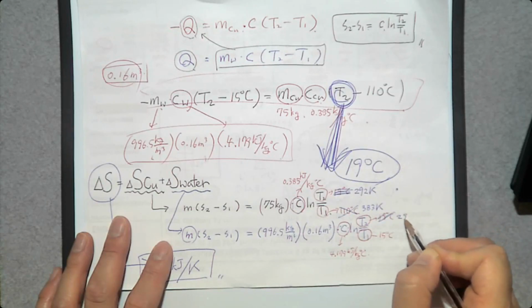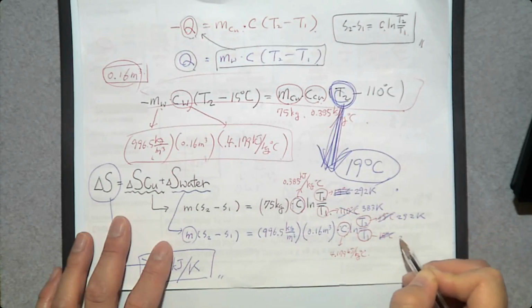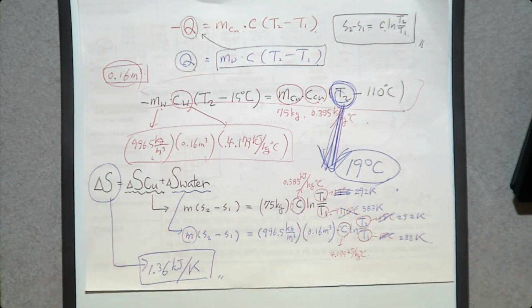This one is 292 Kelvin, this one is 288 Kelvin, okay? Any question about how to calculate entropy change in a solid or a liquid? No? Then let's look at the last